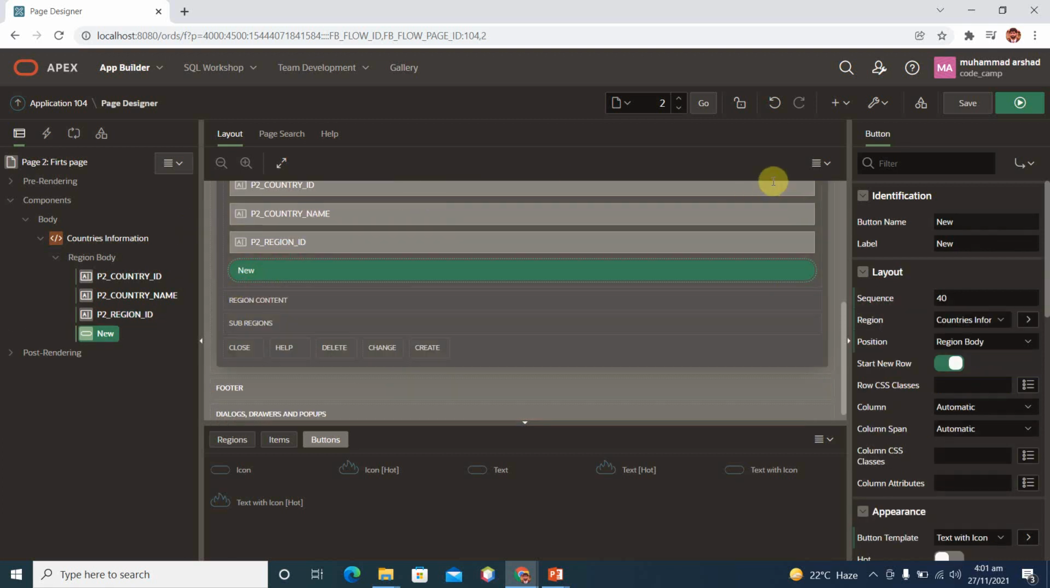Okay, so the name of the button is submit or save, or you can name it add. And then we have the label, add new country. Okay, here we have the option to save and run. Click on it,